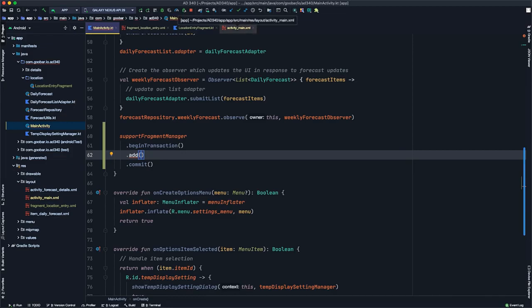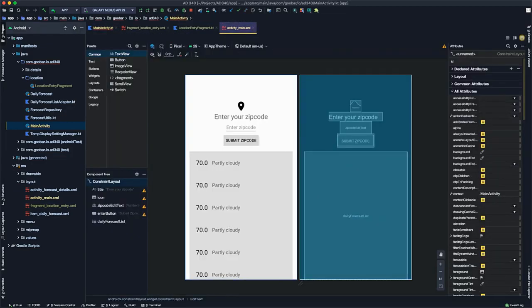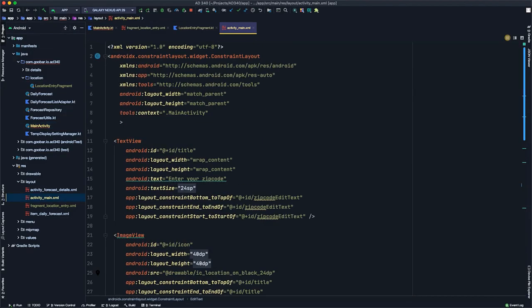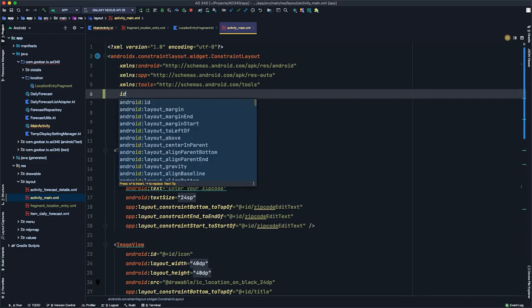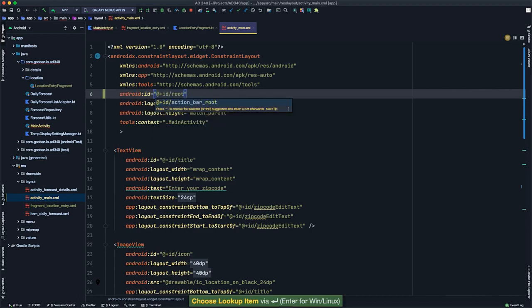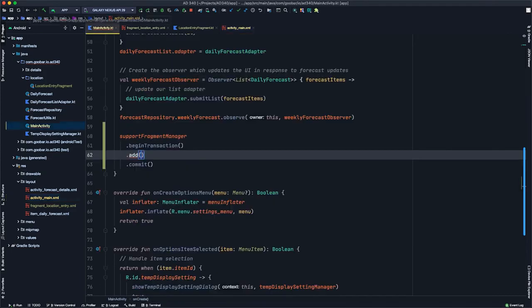So if we come to activity main XML again, remember this is our main activity file. If we go over to the XML view, scroll to the very top, we're going to give the top level constraint layout an ID. And we're just going to call this root. So that's android:id equals @+id/root. Now, if we come back to main activity, within this add call, we can type R.id.root, comma,